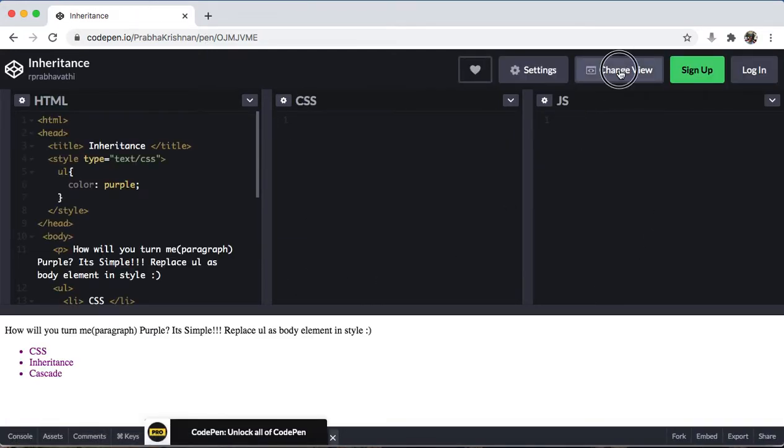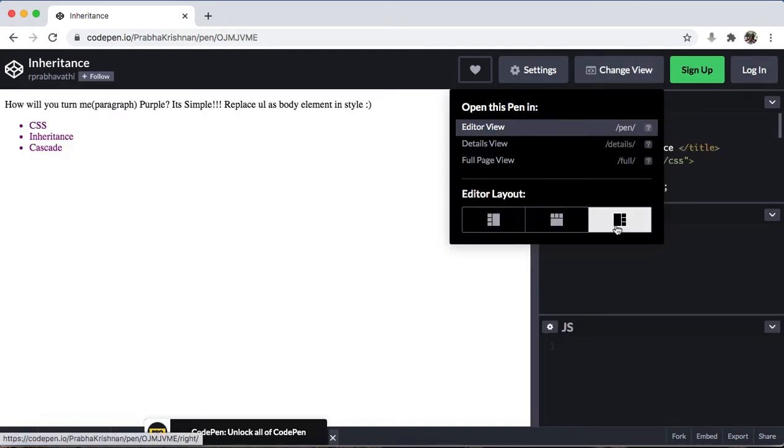There is a website called CodePen. It's like a text editor where we can write the code and immediately view the output.